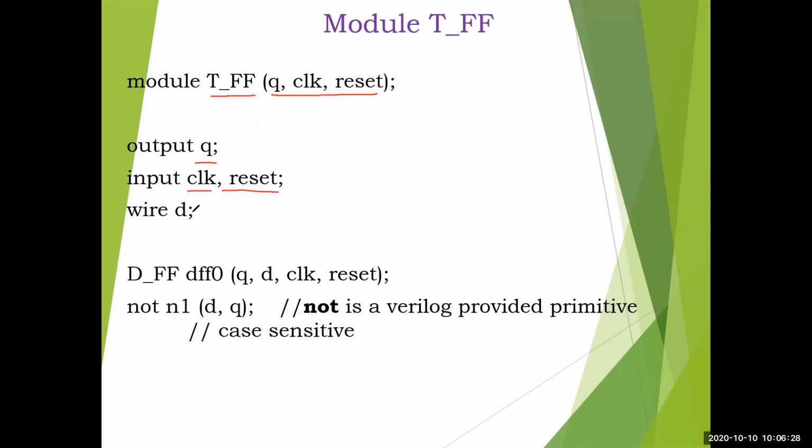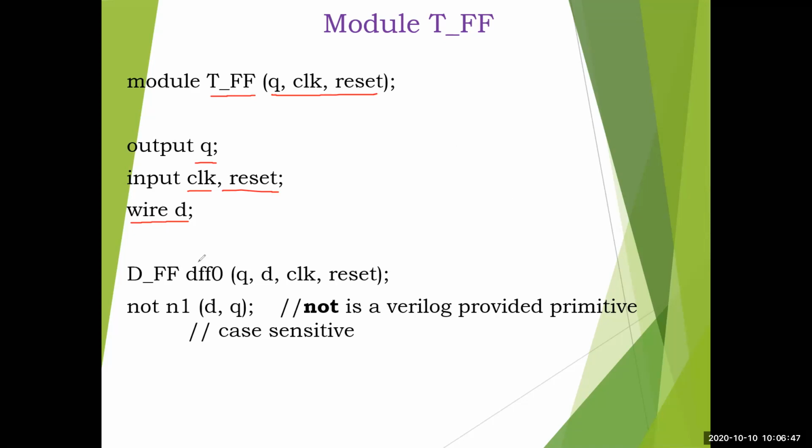There is one wire we are using. This is a data type, of type net, named D, because we have used a gate there. The output of that gate will be given as input to the D flip-flop, right? That's why we have used it. We'll see more of the internals later. Just try to understand for now.